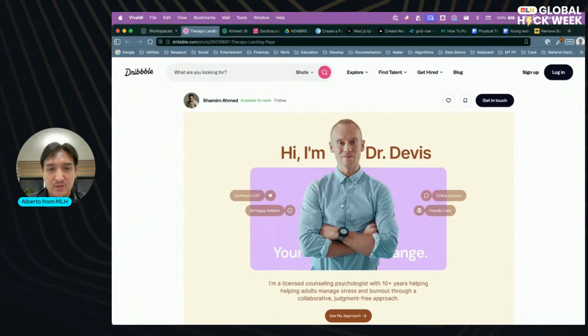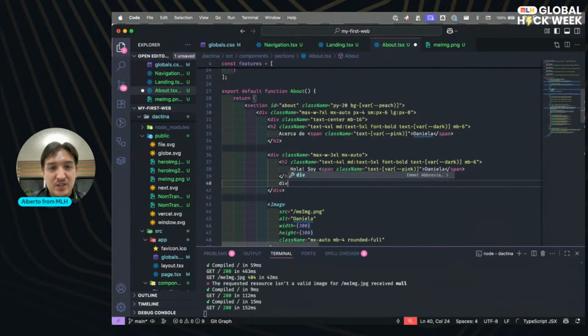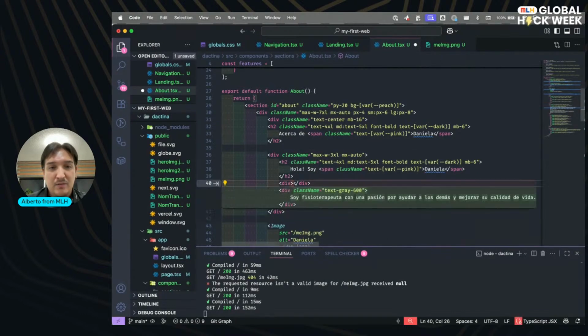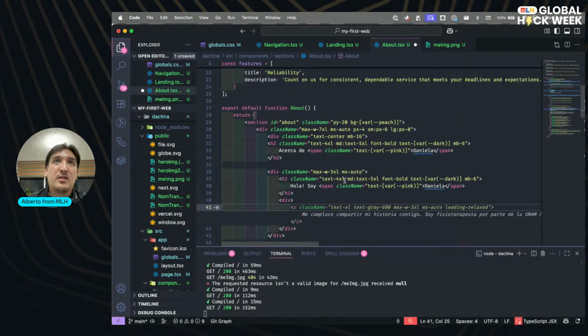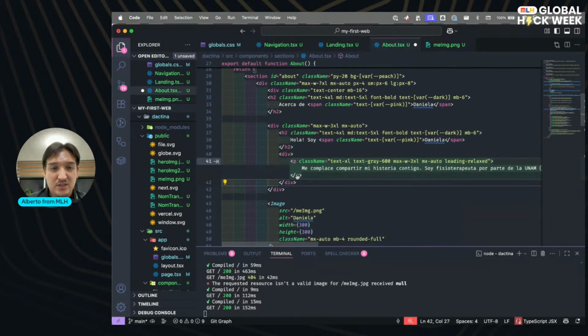Then the background, the div box for the background. No, this is going just to be a span.